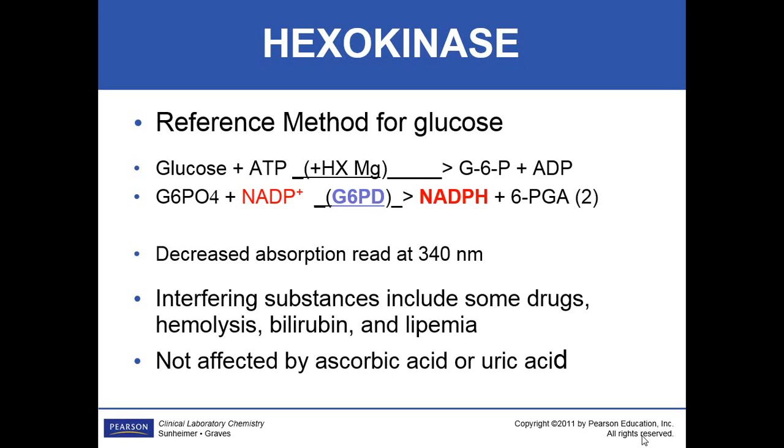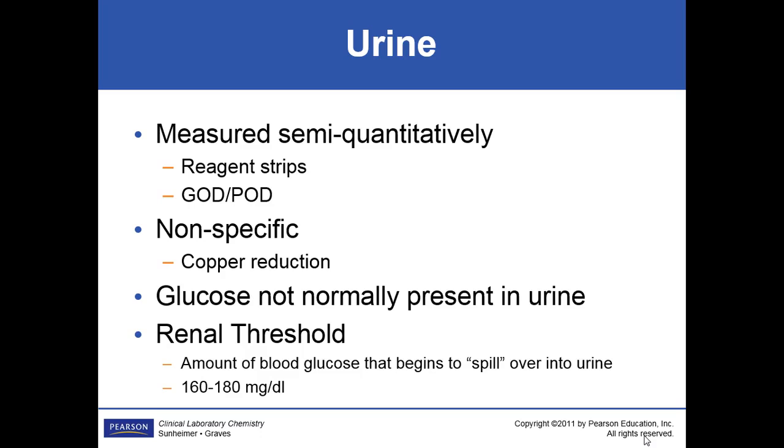Ascorbic acid. Anybody know what that is? A lot of people are taking that right now. Vitamin C. And so we tend to have problems with ascorbic acid. There's some people that really take a lot of it, and it might create a problem in your testing. So if you get some really wacky results, you might find out, is this patient taking excess vitamin C? And they might be. Maybe the methodology.